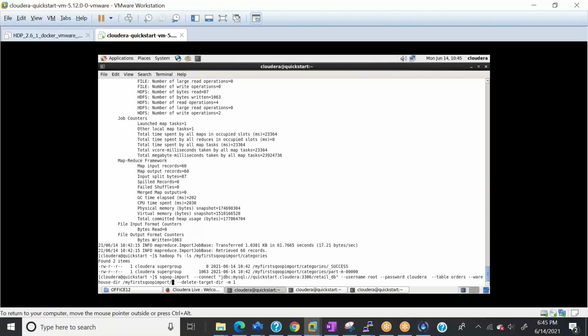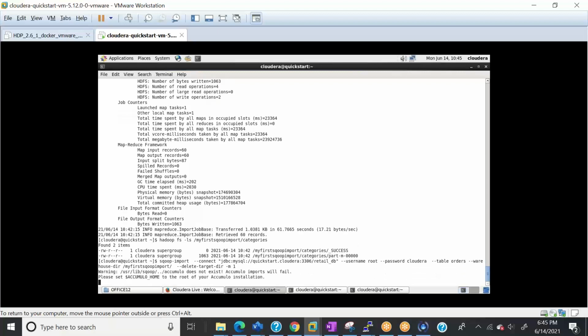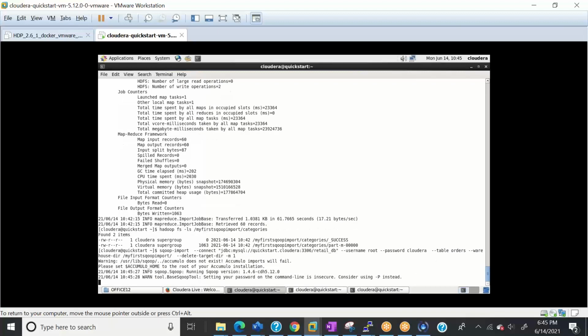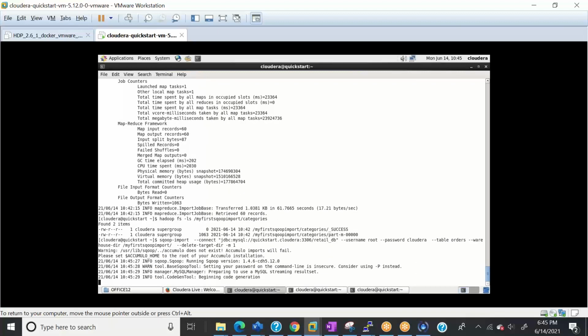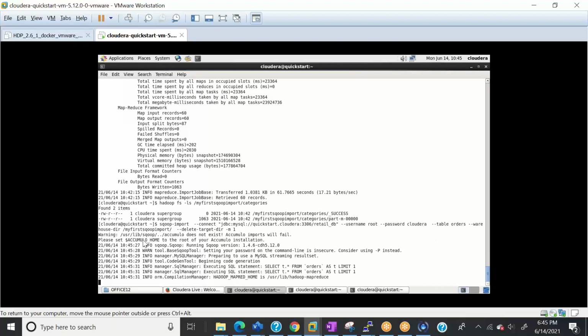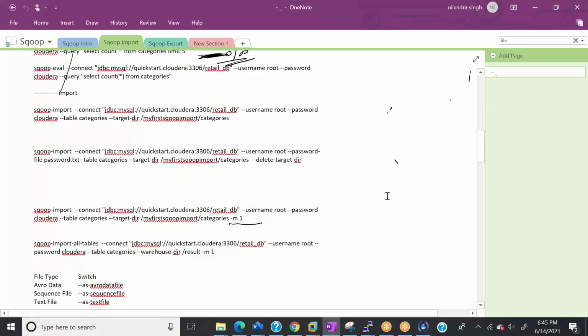So if I run this command with only one mapper, what ideally this should be doing is create a directory inside this directory, my first Sqoop import, with the name orders.